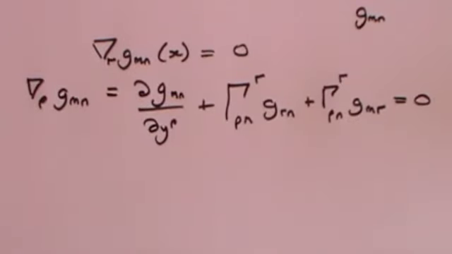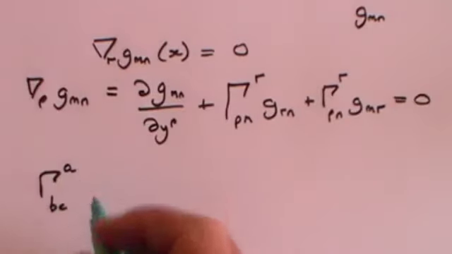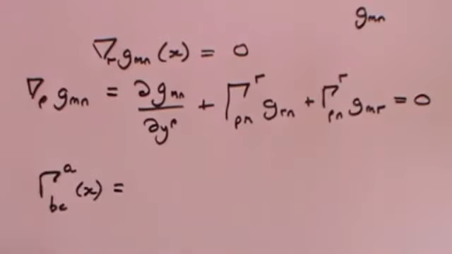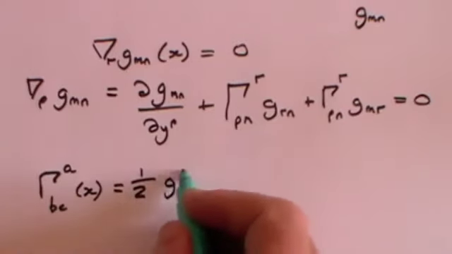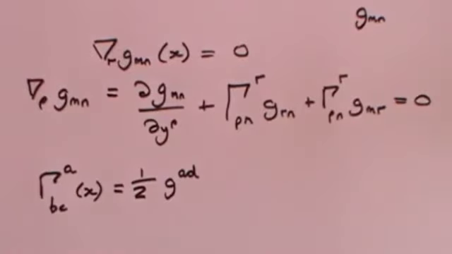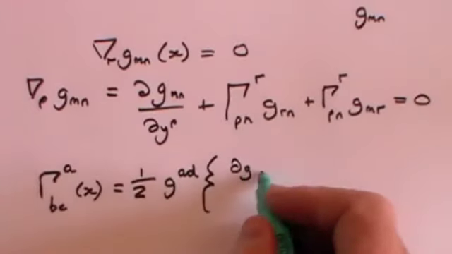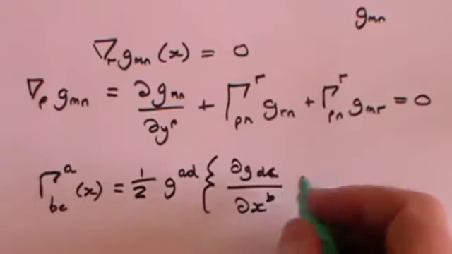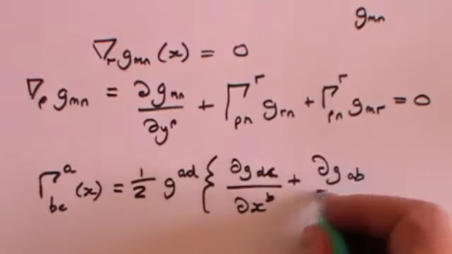So you go along to your friendly mathematical professor, and I dare say Einstein did the same, and he will tell you that if you've got a Christoffel symbol with just a, b and c, then that is going to be equal to, take a deep breath, a half